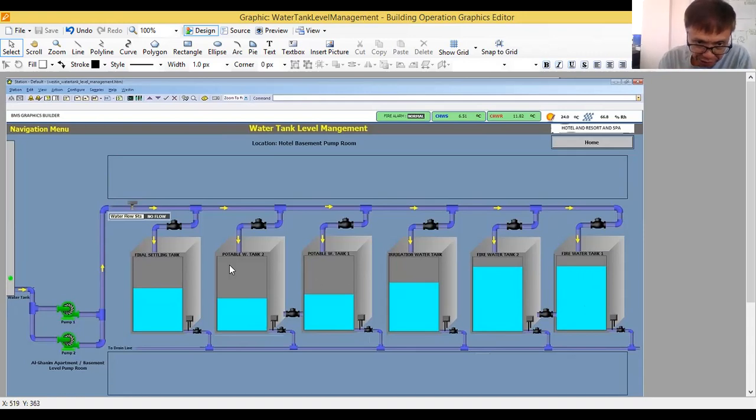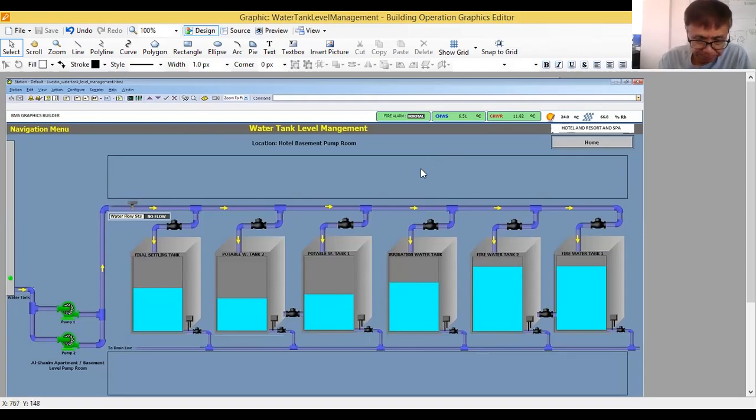So I have here 6 water tanks. In this tutorial, we will be trying to create the graphics for all these tanks, what the monitoring points are, and how we are going to do some simulation. And of course, part of this tutorial is to show you some control simulation for this water tank level management system.